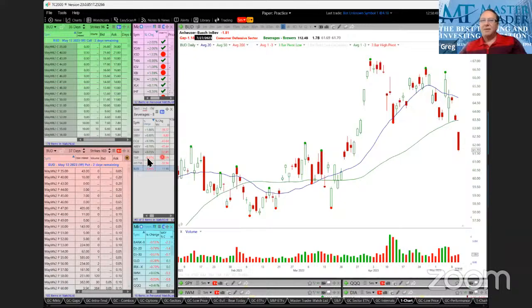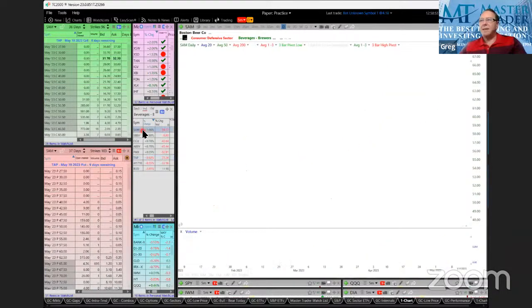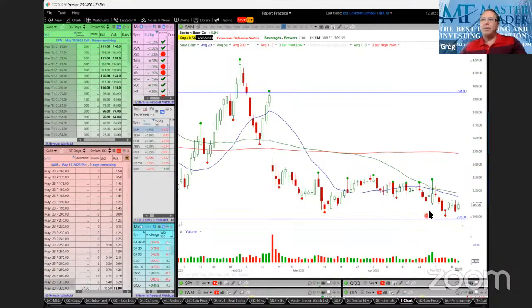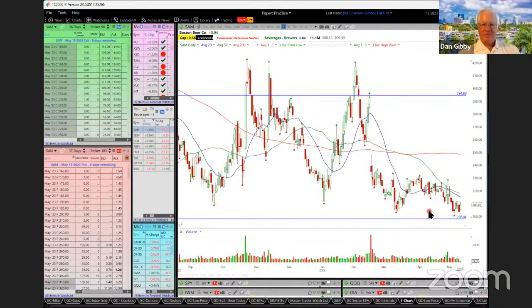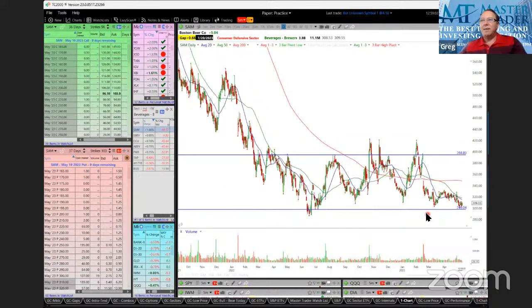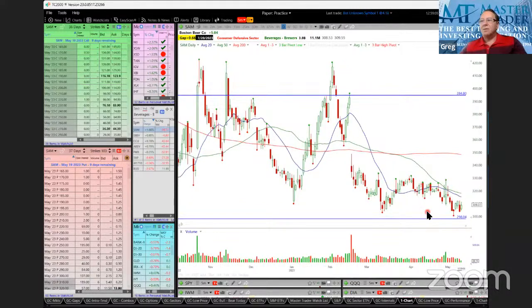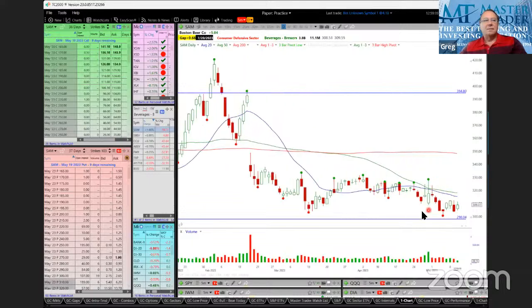What else could we look at? So TAP has done well. Sam, I don't know what's going on with this company. The beer is good. They got some great beers, but it just has not been able to do anything for the longest time. It's coming down to this long-term support here, but I don't know. Something going on with that. So different beer companies,